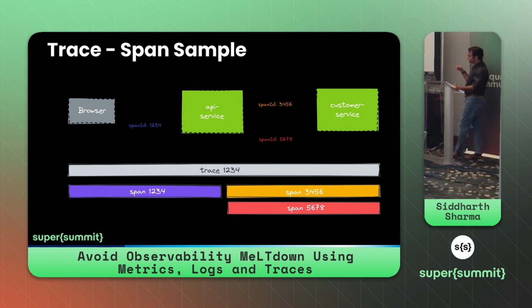Okay? So what this gives you is that if I'm trying to observe this system from outside, and I send an HTTP request and get back a response that gives me a unique ID, saying this HTTP request has this trace ID, which is completely unique to this request, then I can go into distributed tracing tools, which I will talk about, and as soon as I give the trace ID, I will get the entire flame graph, or the entire view of what happened with that request. Where did it start? Where did it go next? What were all the spans? What happened with each span?